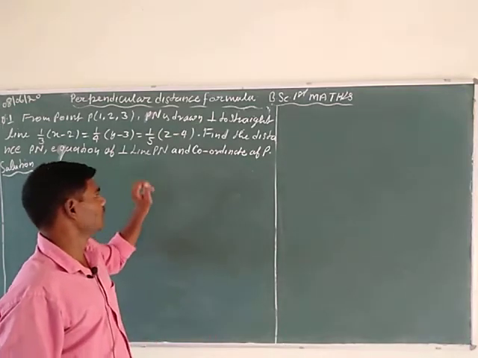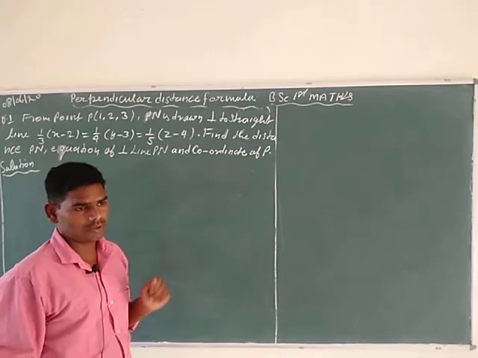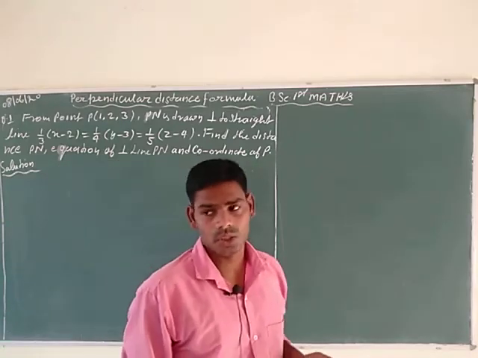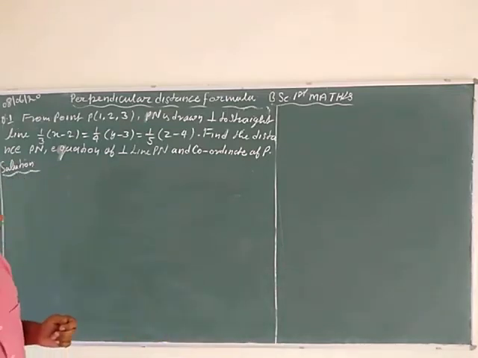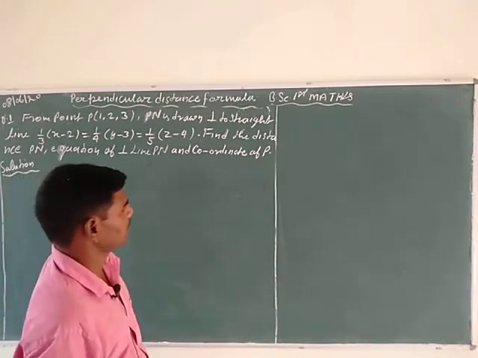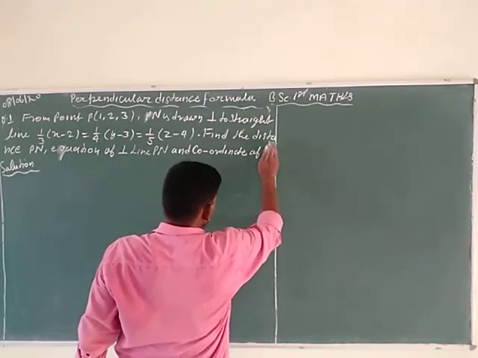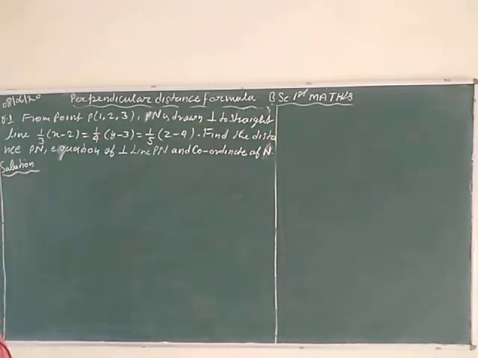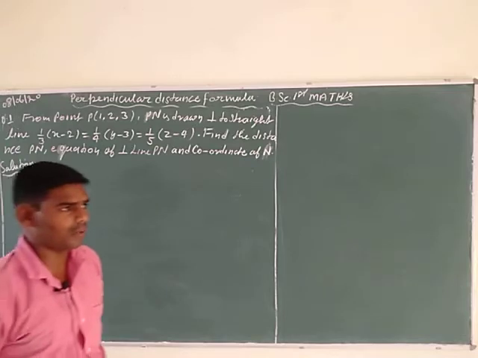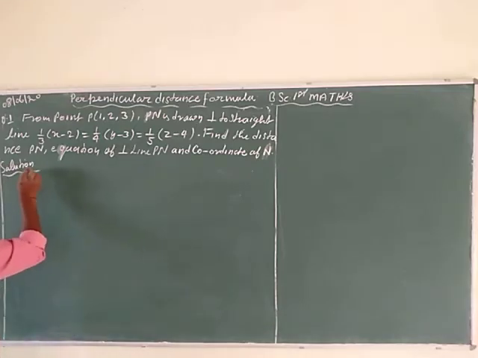So for this, first calculate the coordinates of the foot of perpendicular capital N, and use the direct formula of a straight line passing through two given points x1, y1, z1 and x2, y2, z2, where the points are the coordinates of point capital P and of capital N, because capital N is the foot of perpendicular of the given point on the given straight line.